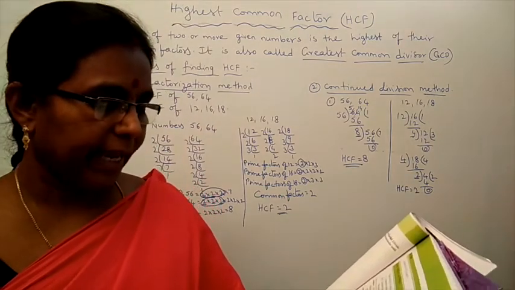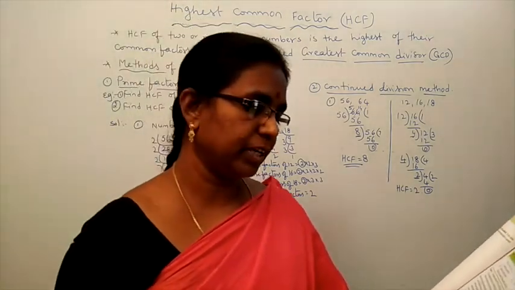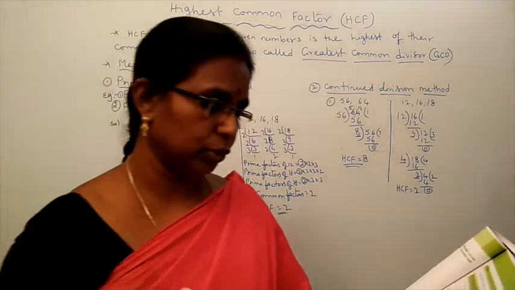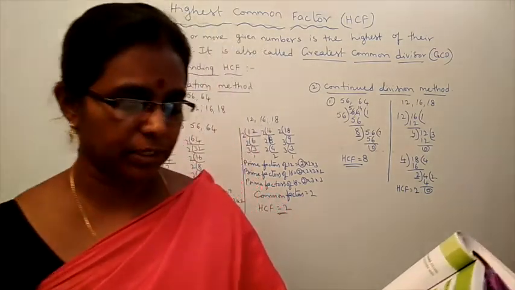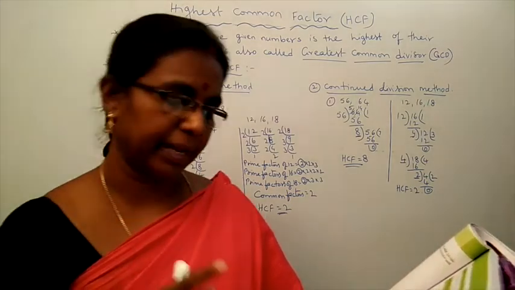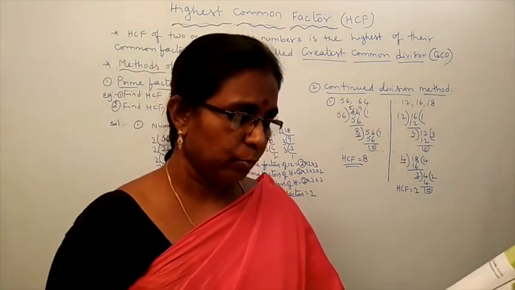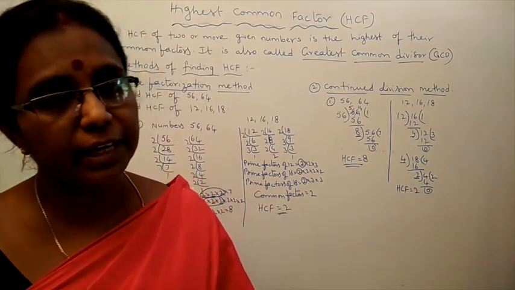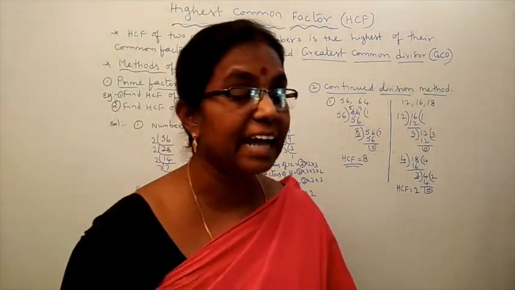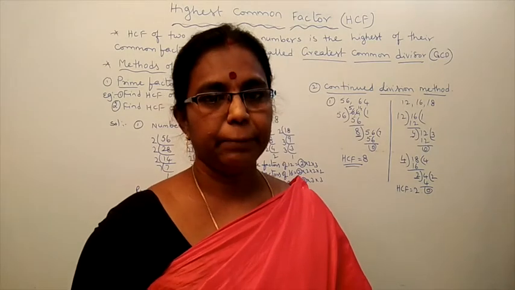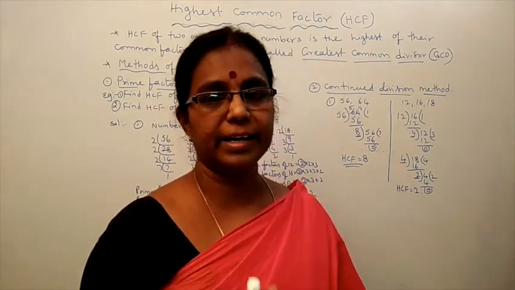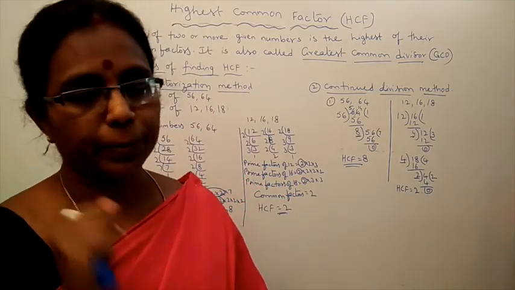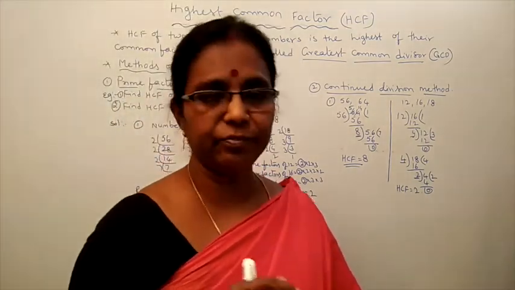Next, the HCF of co-primes 4 and 15 was found as follows by factorization. Now 4 is equal to 2 into 2. 15 is equal to 3 into 5. Since there is no common prime factor, see, now here both are co-primes. What is the meaning of co-primes? Co-primes means there is no common factor other than 1, meaning the only common factor is 1. Those numbers we call co-primes. Now here 4 and 15 are co-primes.